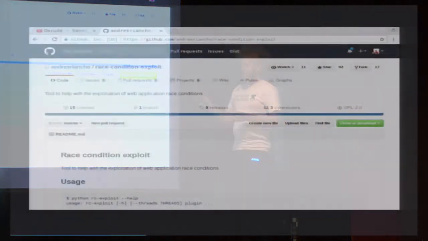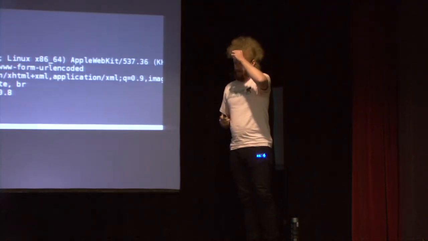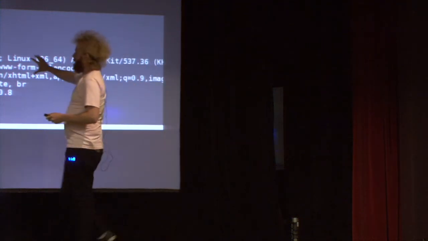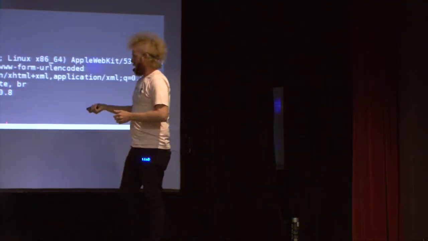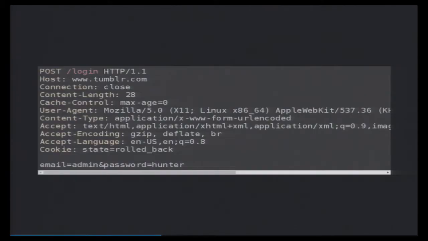This sounds really cool. I haven't used this tool, but if I needed to do it again, I'd look into something like this. This tool uses a really cool trick, as far as I understand. In HTTP, you can supply HTTP headers, and you've got this content length here, right? That content length specifies how big the body is, how big the post body is in this case. So if you wanted to send 2 HTTP requests really quickly with a post body,